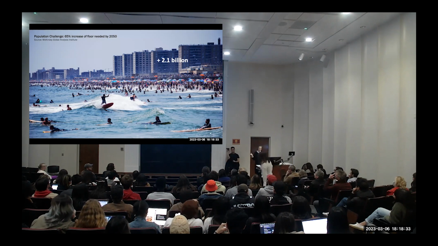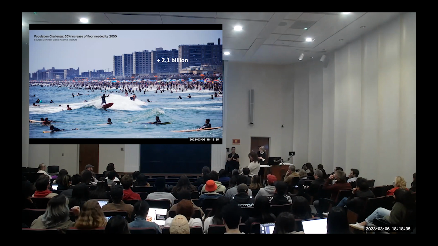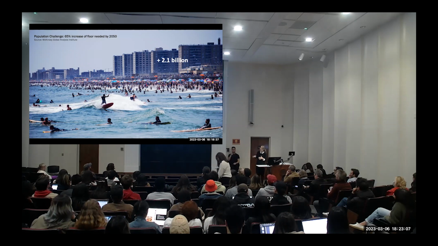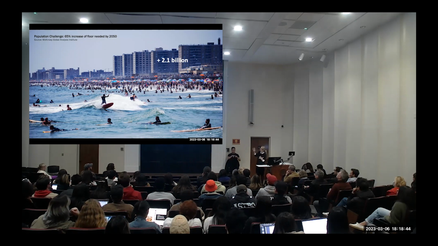Then when we get to the shore on the East Coast, this is what it looks like. This is actually not the New Jersey shore, this is Rockaway Peninsula, and I'll talk about that. So this is very close to New York. We see a lot of people having fun, and we also see that the buildings are very close to the seafront.